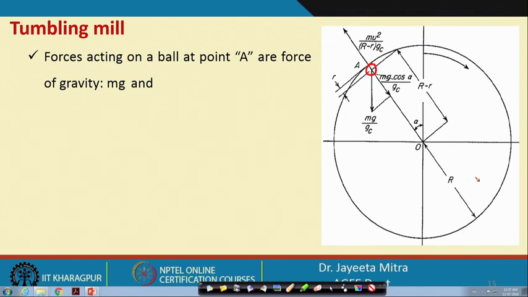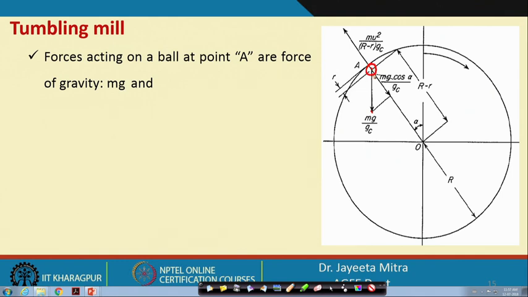These are rotating along with the cylinder. When it comes to the top section, gradually when it comes to a certain position, its gravitational force is always acting downward. This diagram has been taken from McCabe-Smith, where everything has been given in the FPS system, but you can take this as mg only instead of mg by gc. So, the downward gravitational force is coming, and here mv square by r, that is the centrifugal force, is acting on the particle.